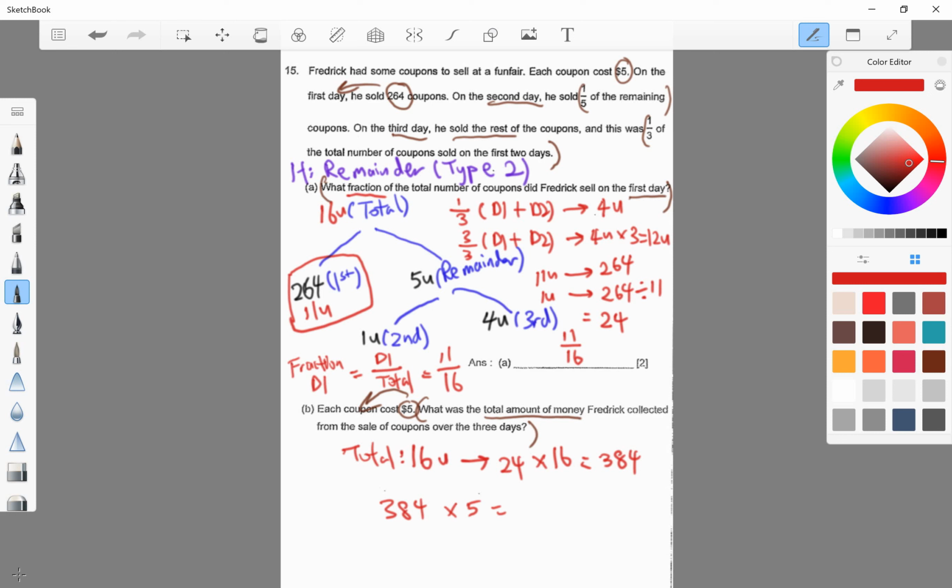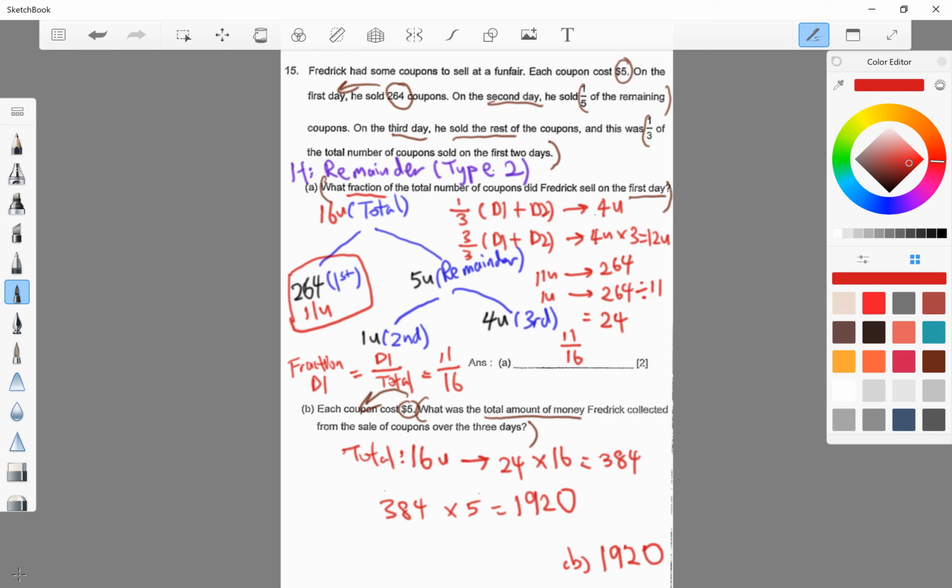Let's see what happens. Okay, 384 times 5, and that leads us to 1920. Okay, so just bear in mind there's a very real need to check that what we have written down is nice and proper. So my part B answer is actually 1920,